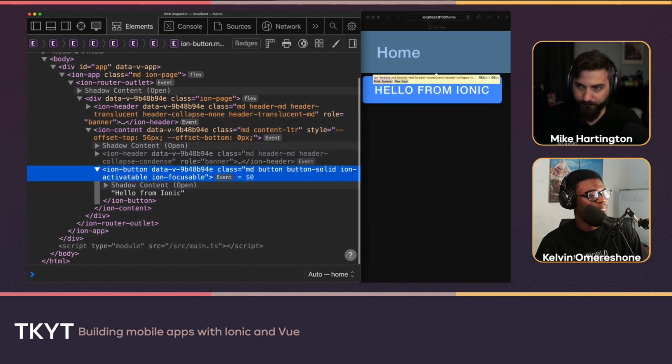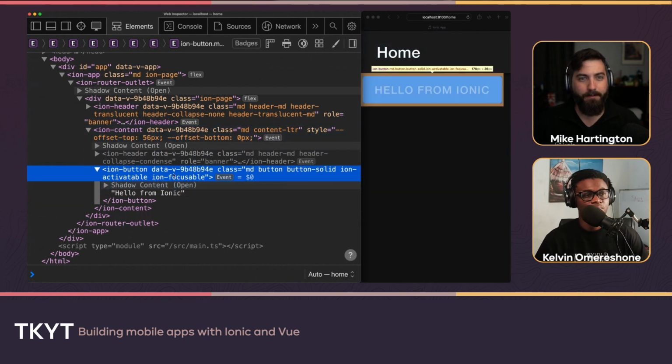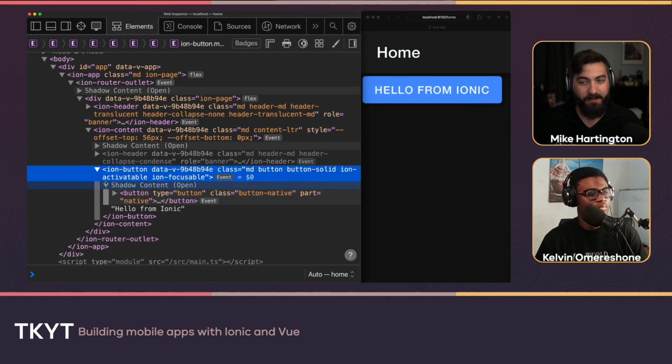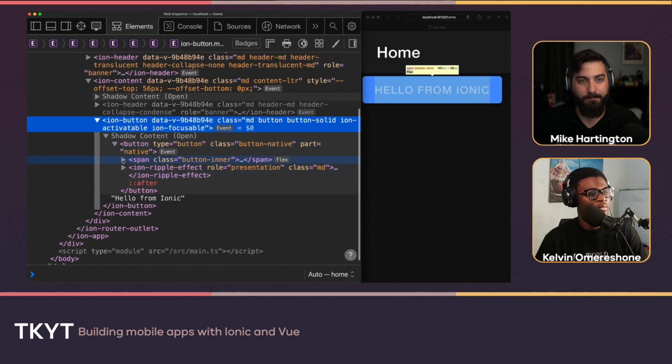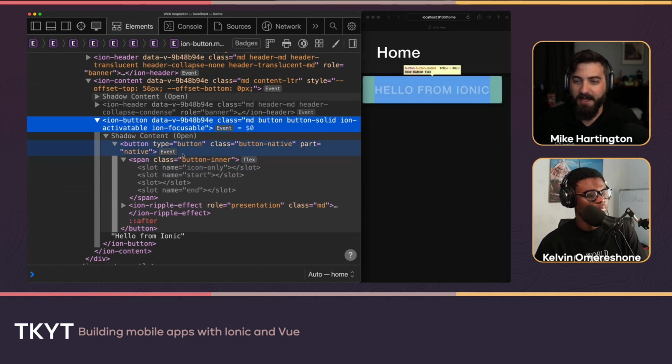So even though this is a Vue component inside of our editor, inside of the DOM, we are just a web component. You can see we have the shadow content over here, which is the inner API of the button that we're going to interact with. It'll give us this inner element, this inner button, so that we get some nice